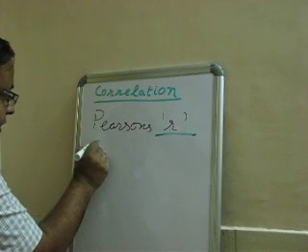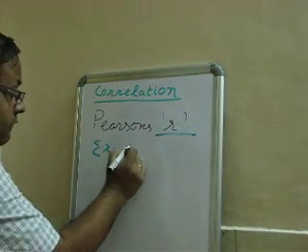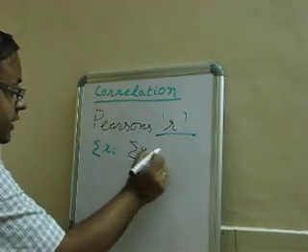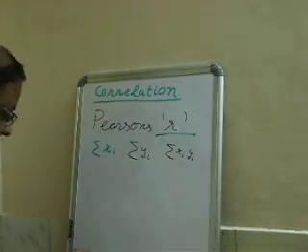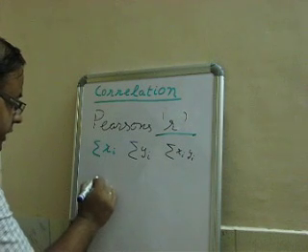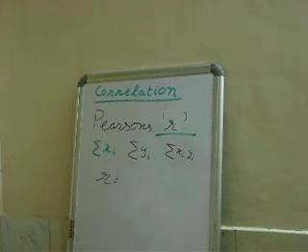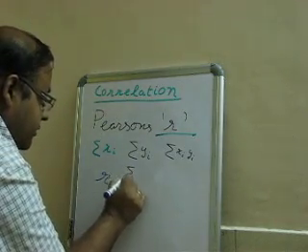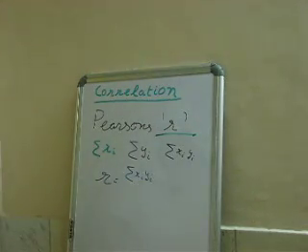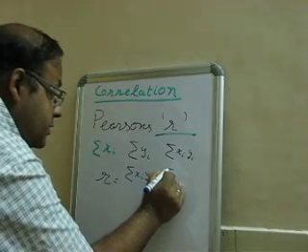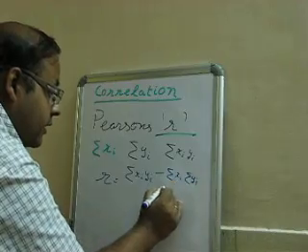So what we got is summation xi, summation yi, and summation xi yi. So now how to calculate r? r is equal to summation xi yi minus summation xi summation yi divided by n